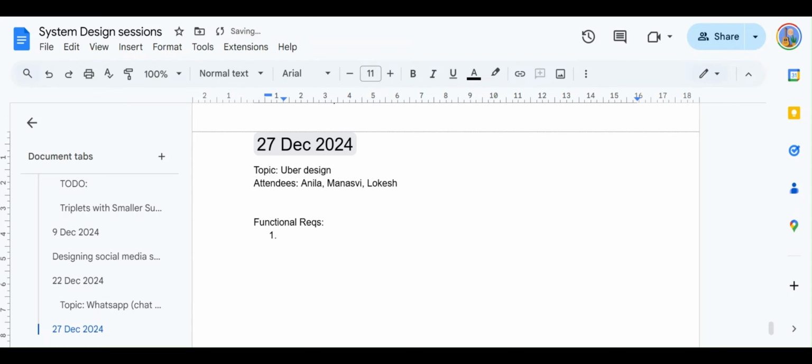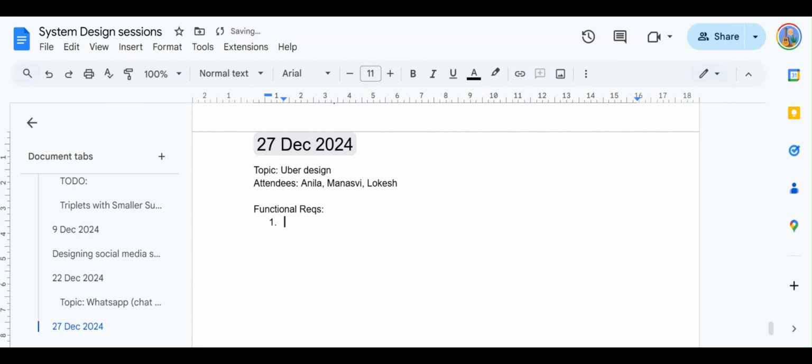So functional requirements, what are we actually aiming for? I'll be putting in some basic functional requirements that we are looking to achieve with today's Uber design. The first core requirement is that the user should be able to input his start location, and the destination where he wants to go, and see the prices, or see the fare basically.